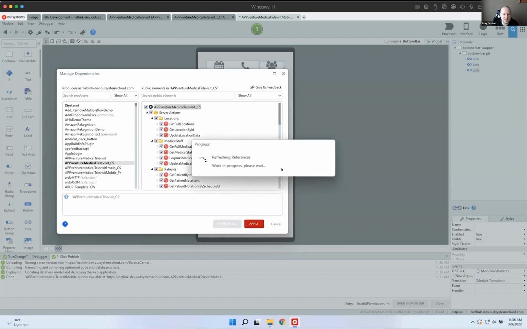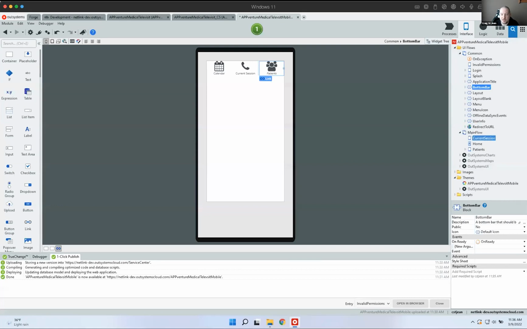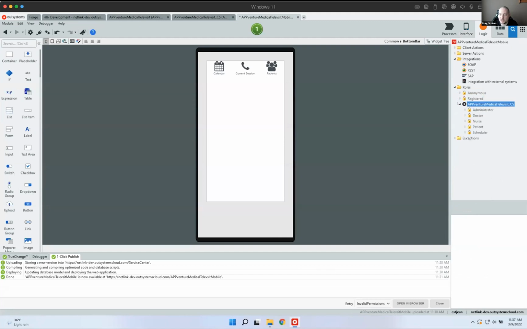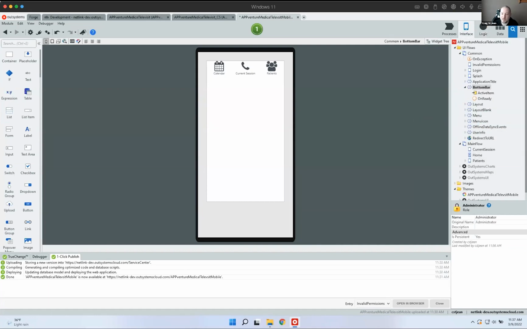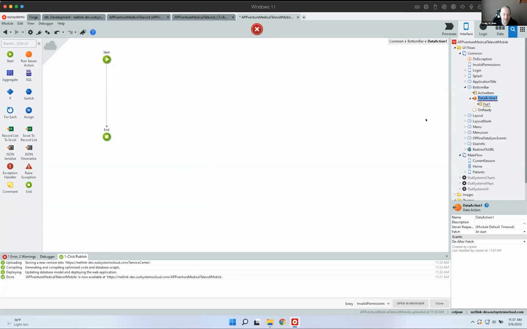And so where I'm going with this is this patients button, we only want to show if I'm an administrator. And we also want to set access to that screen if I'm an administrator. So to accomplish that, I've got this bottom bar, and I'm going to use a built-in capability of OutSystems for role management. So you can see here, we have these different roles that are part of the core service that I built: administrator, doctor, nurse, patient, and scheduler. And so I'm going to add in a query to those roles,